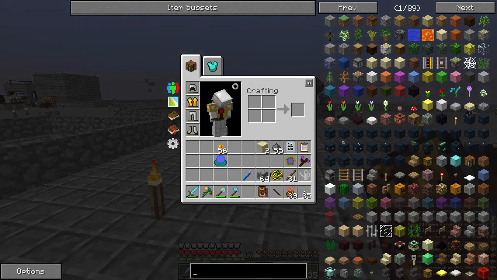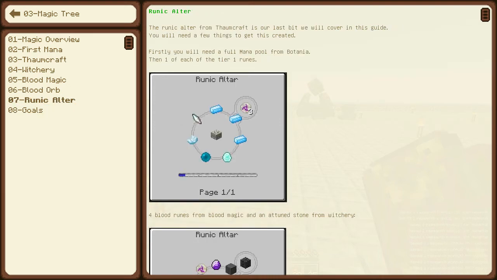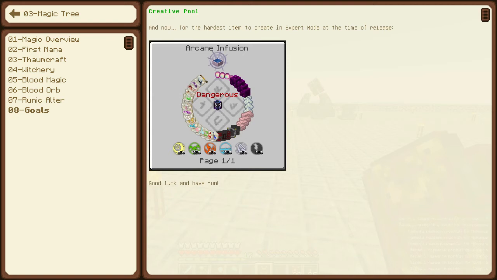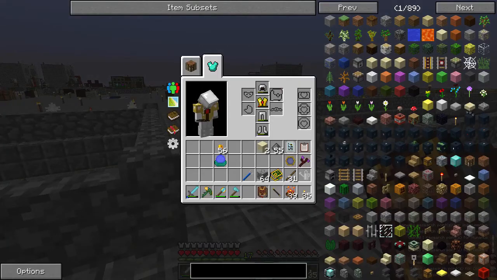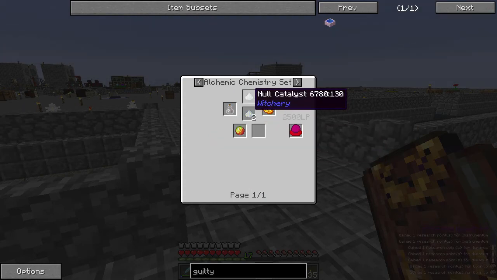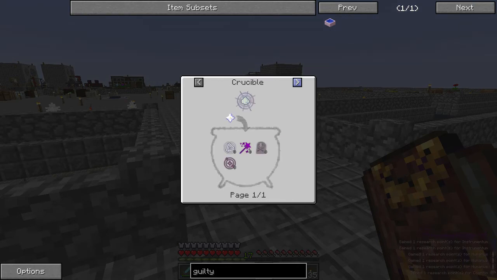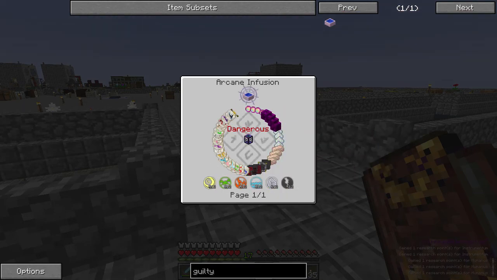Let's see, what else? What does the guide say? So magic. So runic altar. And the goals. So basically just kind of progressing through the goals is going to be the key. So we want the guilty mana pool. We're going to need from Witchery Null Catalyst, which once we have one, that'll be pretty easy to get more of. It's just another star though. So I think that one of the key things to do and kind of look at this point is going to be,